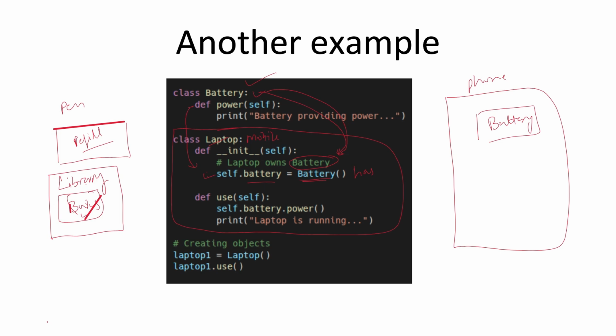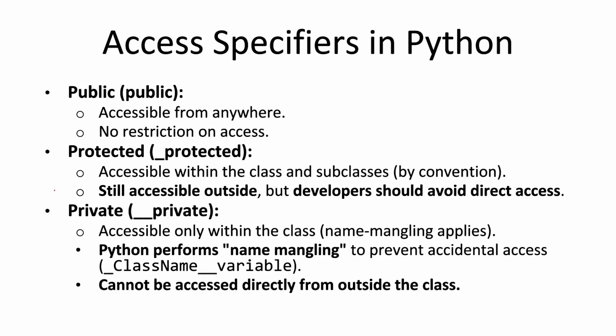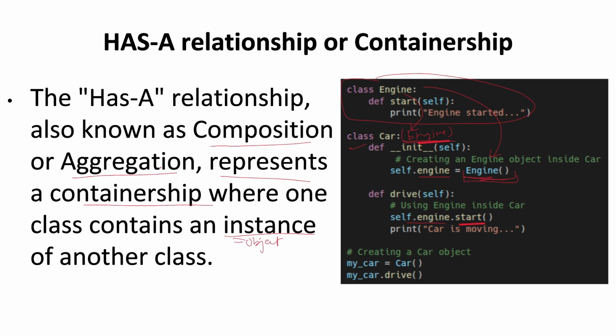And each book has its own attributes, like author and ISBN number. Every book has an author, a title, an ISBN number, its number of pages, all these things. So all these things will come inside book. These are all the book's properties, and now book is a part of library. So this is containership, or aggregation, or composition, also known as.